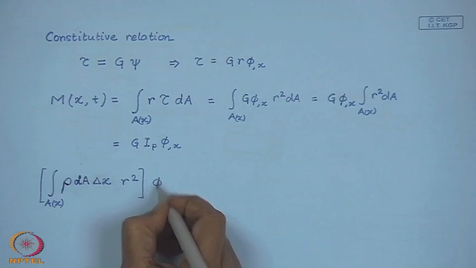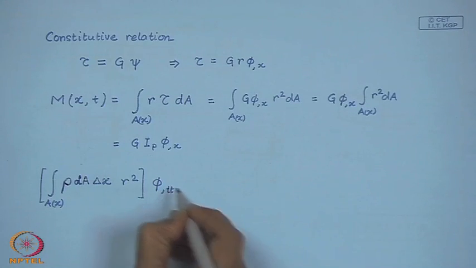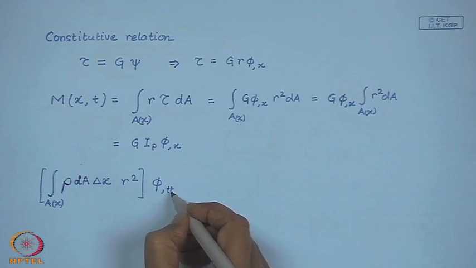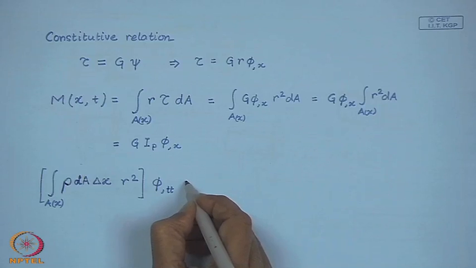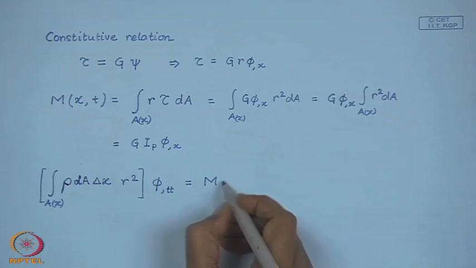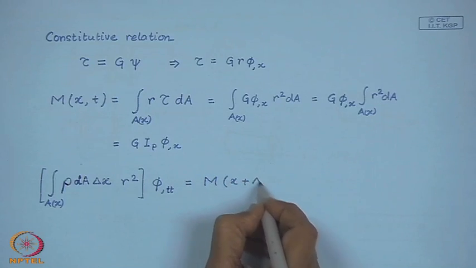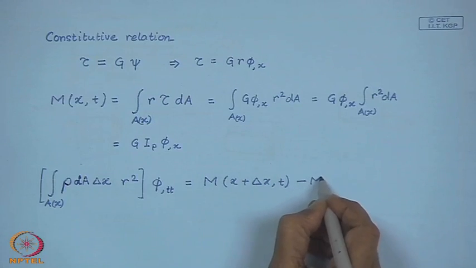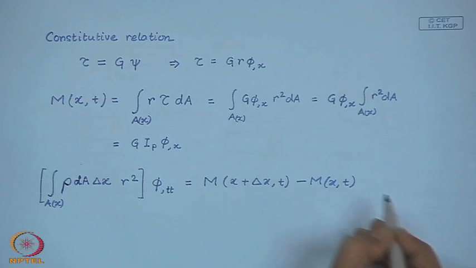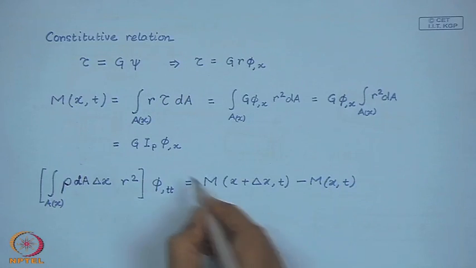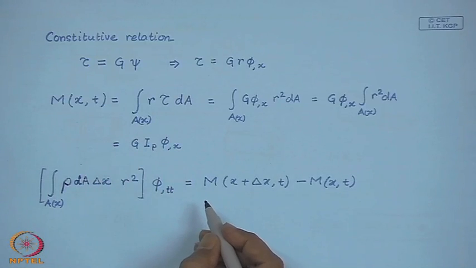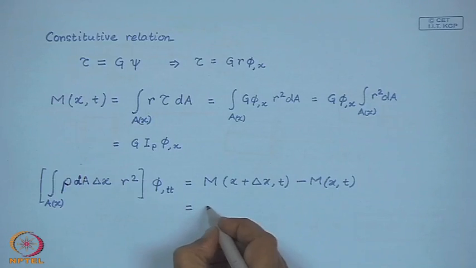So, this is the moment of inertia times the angular acceleration, which is the double time derivative of our field variable phi, and that must be equal to the balance of torques. And we already have this expression of the torque on any face here. So, I can write this as